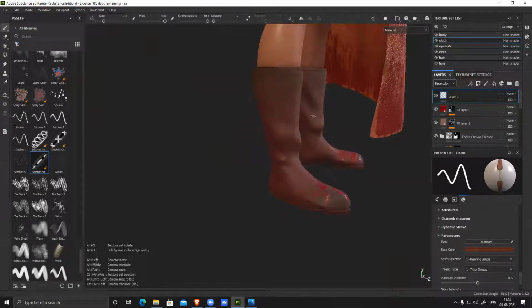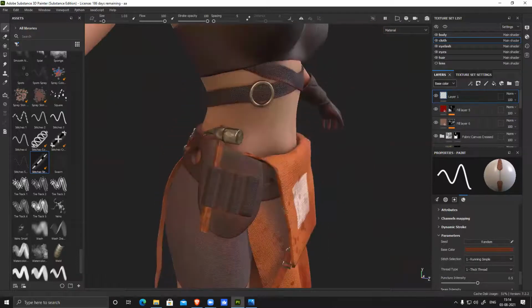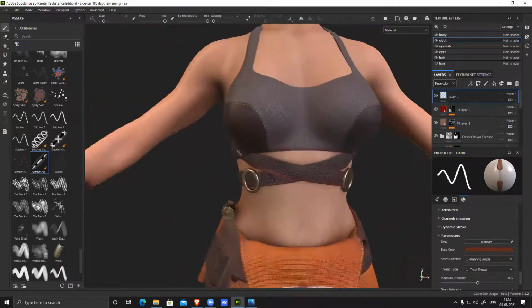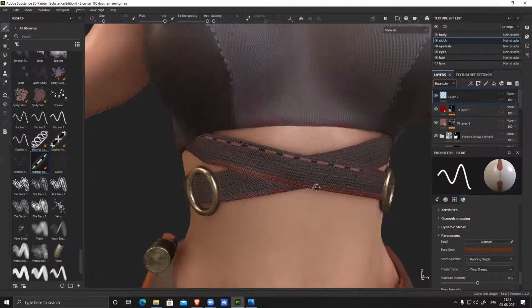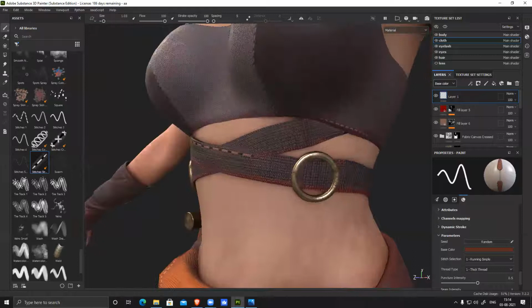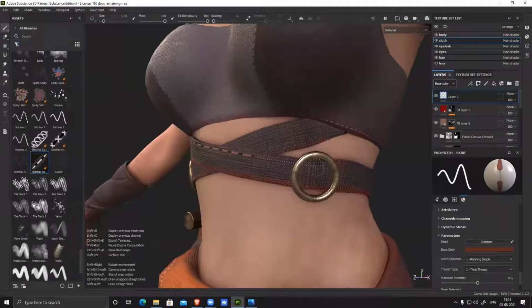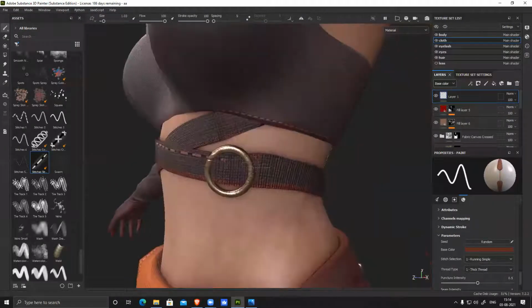I cannot see any other stitch or anything here, but wherever I need this, I can definitely use this one. And if I want to create something here, I have to remove it from here.